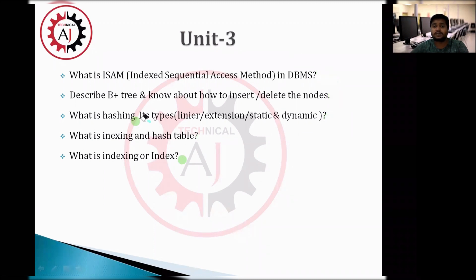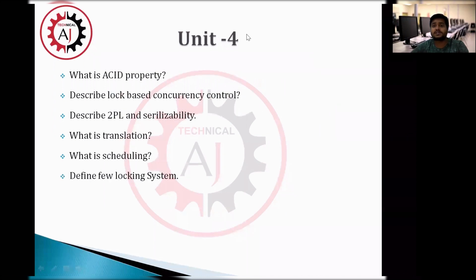Okay, now we will see the important questions of the fourth unit. This is the most important unit and it is very interesting when you study it. What is ACID? 100% ACID. ACID is a property of the transaction: atomicity, consistency, isolation, and durability. There are four properties in a transaction. How we will perform a transaction, उसके अंदर चार property आती है. 101% this question will come in your examination.